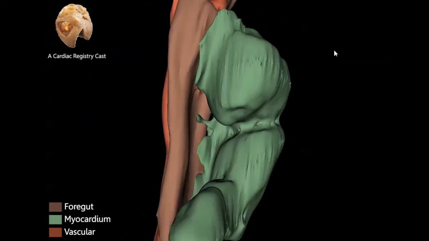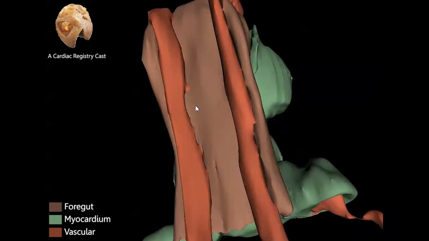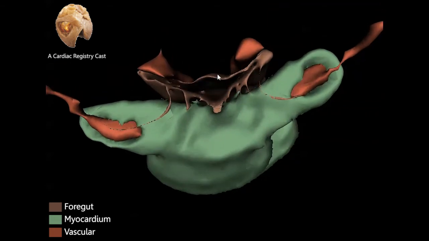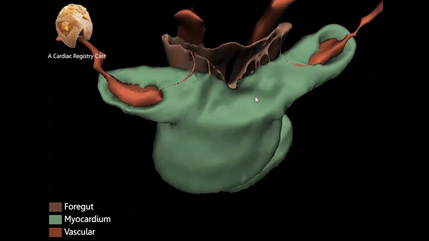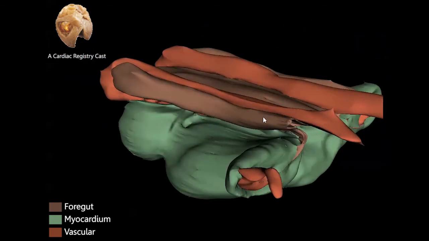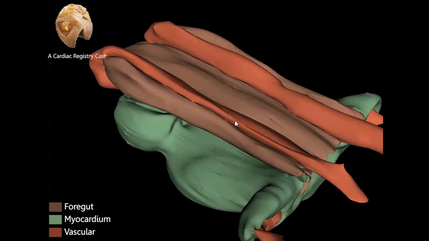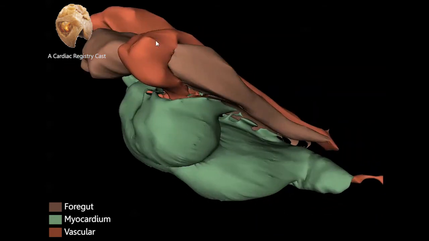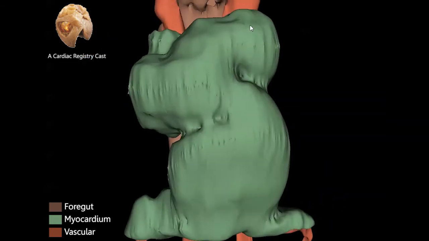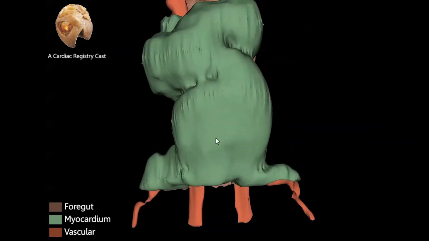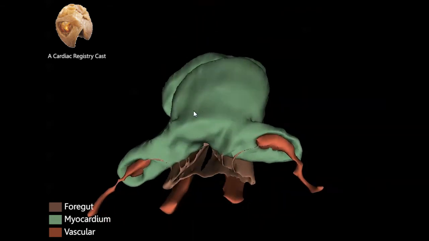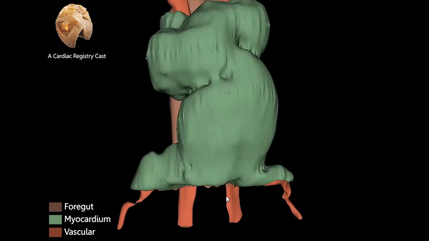We can also see from looking at the pharynx or foregut that midline closure of the embryo has progressed more caudally. This is now the anterior intestinal portal, and it's moved back quite a bit. The two large vascular channels here are the dorsal aorta on either side, and the primitive aortic arch arteries are seen here. The inflow into the heart tube is here on both sides and represents the umbilical vein as it's coming back